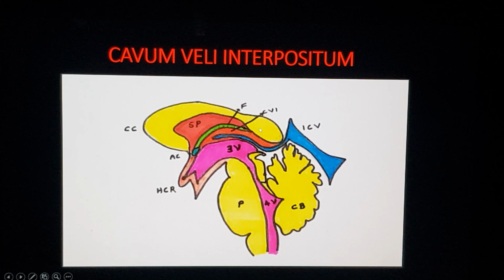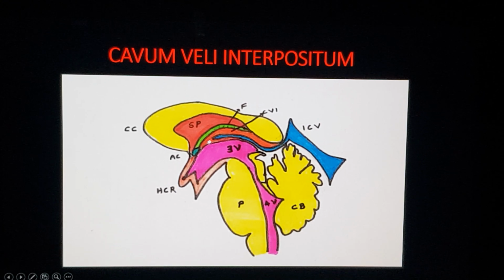The yellow here is the corpus callosum. That's the anterior part, that's the posterior part. Now just below that, this red structure is the septum pellucidum with cavum septum pellucidum anteriorly and cavum vergae posteriorly. Immediately below that, this green structure is the fornix, and the pink structure is the third ventricle, aqueduct and fourth ventricle. The pons is in yellow, cerebellum is in yellow. The internal cerebral veins are in blue.